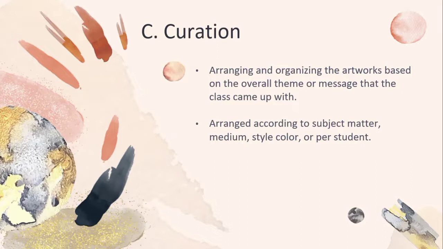For example, in a particular theme, you have to divide or partition the students with regard to the theme. Maybe it could be a positive outlook on the theme, or it could be a negative outlook. For the students to determine their artwork, you have to first distinguish the artwork that is very negative, and also distinguish the output that is positive. Through that, you are going to arrange them. That is what is called arranging and organizing the artworks based on the theme.